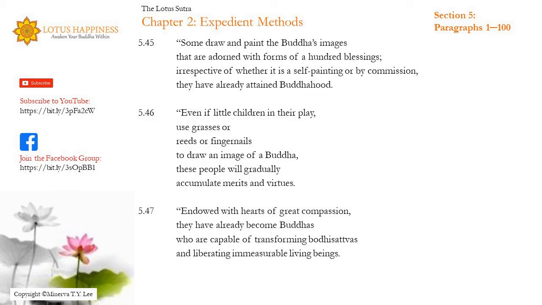Some draw and paint the Buddha's images that are adorned with forms of 100 blessings, irrespective of whether it is a self-painting or by commission. They have already attained Buddhahood. Even if little children in their play use grasses or reeds or fingernails to draw an image of a Buddha, these people will gradually accumulate merits and virtues. Endowed with hearts of great compassion, they have already become Buddhas, who are capable of transforming bodhisattvas and liberating immeasurable